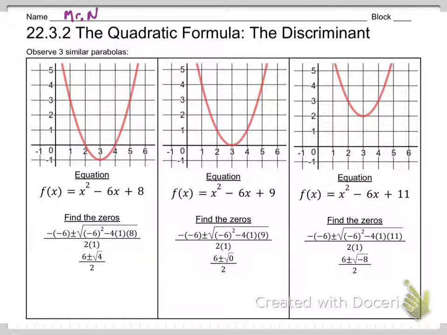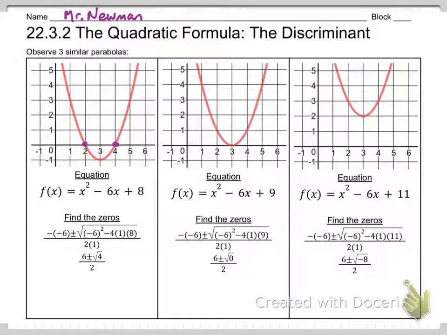Hey everyone, Mr. Newman here, and today we're going to look at the quadratic formula again and a specific part of the quadratic formula. Before we get to that, I want to show you guys three very similar parabolas. Notice this, all these parabolas are kind of the same shape, just shifted up a little bit,